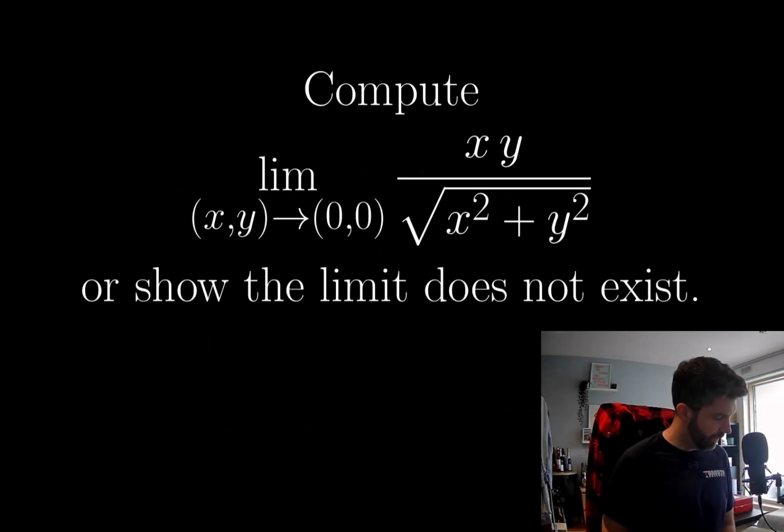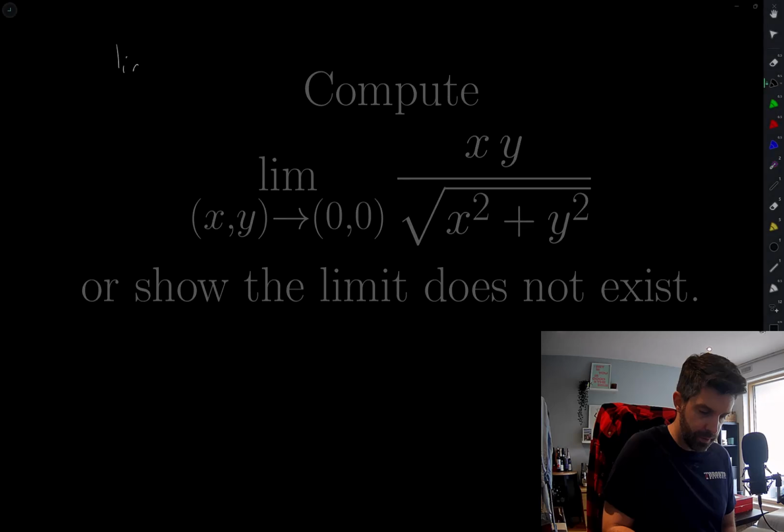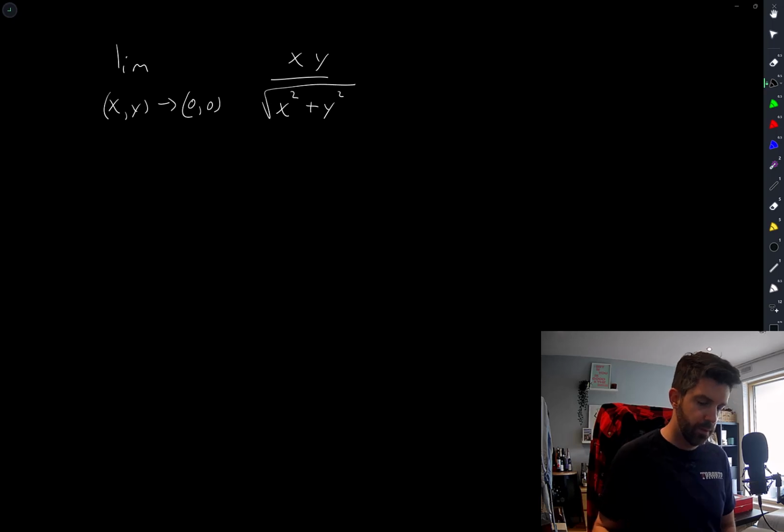Compute the limit as x and y approach 0 of xy divided by the square root of x squared plus y squared, or show the limit does not exist. Okay, so pretty simple two-dimensional limit expression here. I'm not sure exactly what my intuition is telling me here though, but